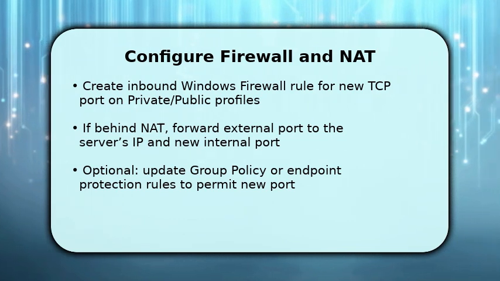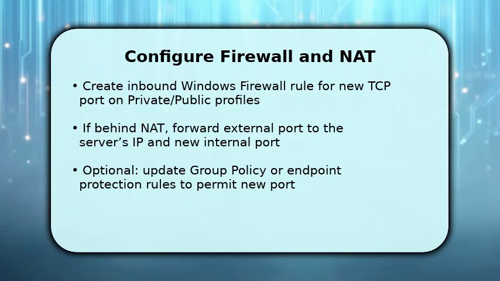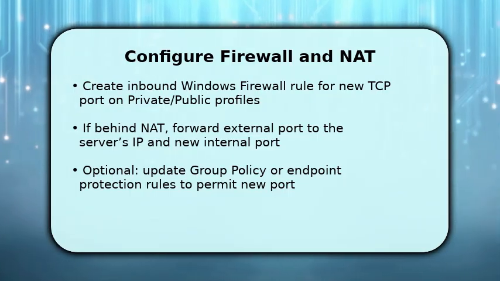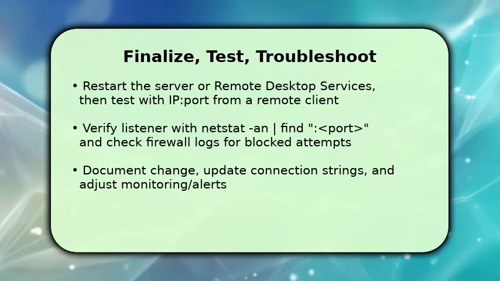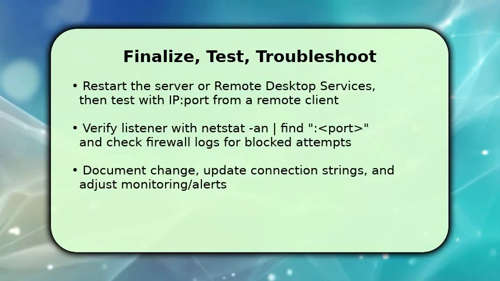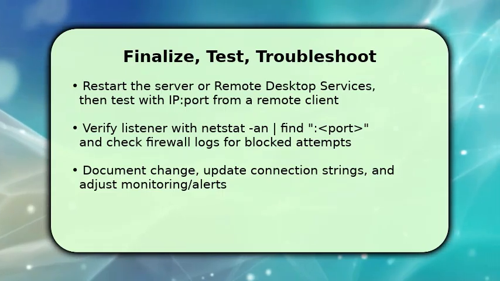Once done, update any group policy or third-party endpoint rules that could block that port so your traffic flows correctly. Finally, restart remote desktop services or reboot so the change takes effect, and then test by connecting using IP:port